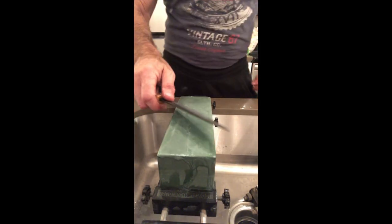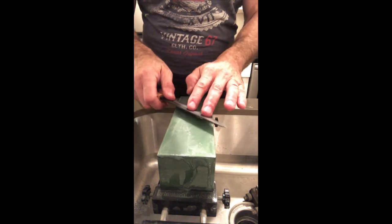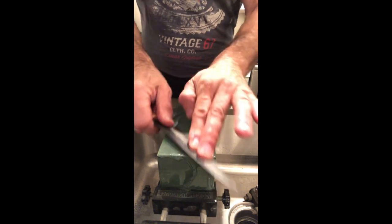So let's get started on this. Like I said, this knife right now is the factory edge. I got this knife, I don't know, 3 months ago, and it's about time that it needs to be sharpened. So it's not in terrible shape, but